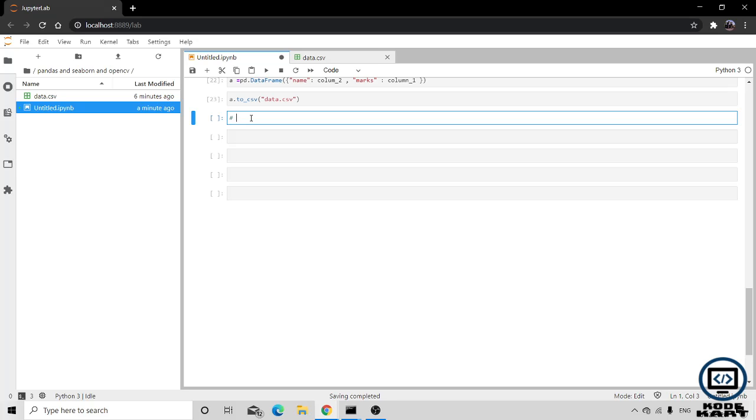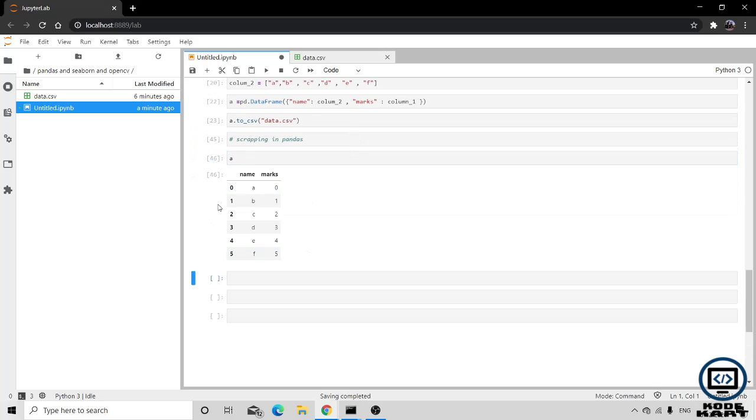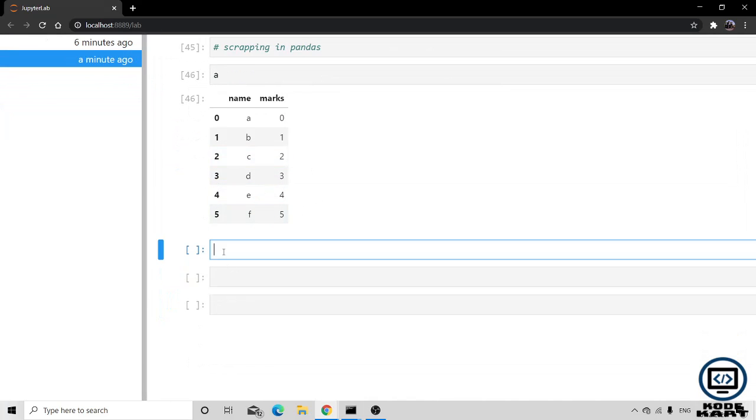Then we are going to move towards the Seaborn. So we are going to cover slicing in pandas. Slicing in pandas can be done with the help of the iloc function. So if this is the particular data set A, if you want to slice it somewhat like this, I do a.iloc,